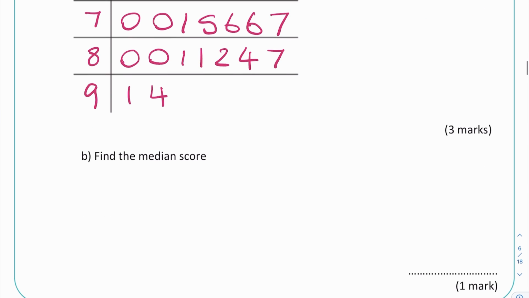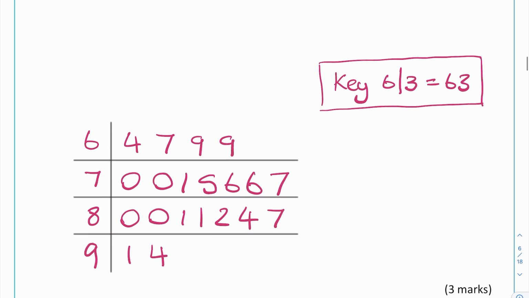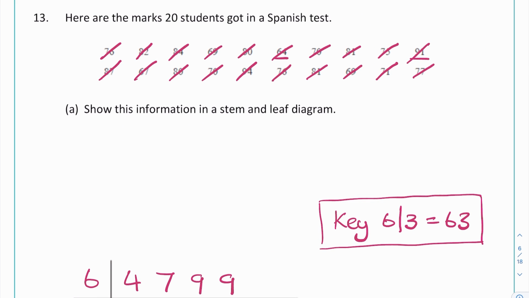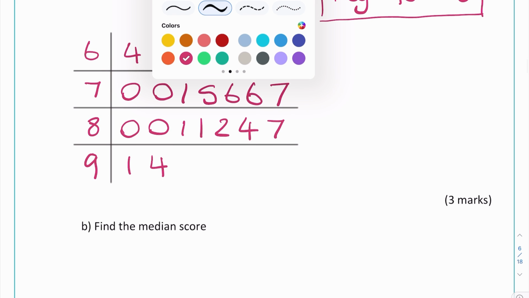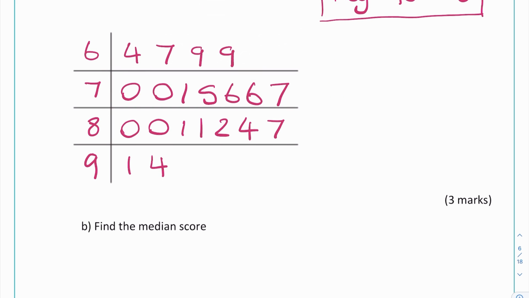For part B, it says find the median score. Now this is going to be a bit of an awkward one because there's an even amount of students. So if we do a method where we cross off numbers either side, that's going to mess up our stem and leaf that we've drawn. So it might help if we just underline the numbers instead. Of course you can use a statistical method here and that's fine as well, but I'm just going to underline